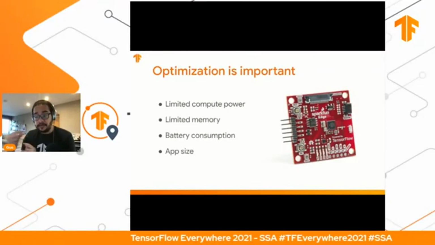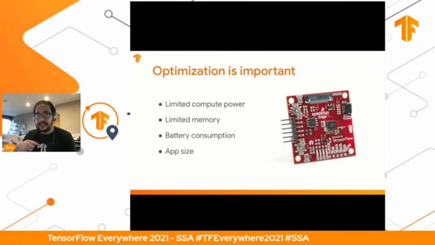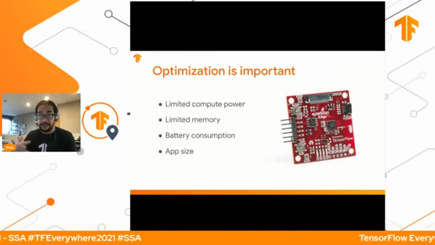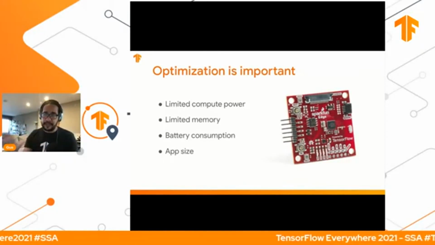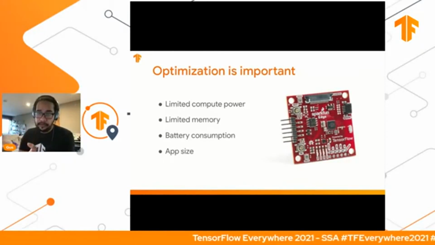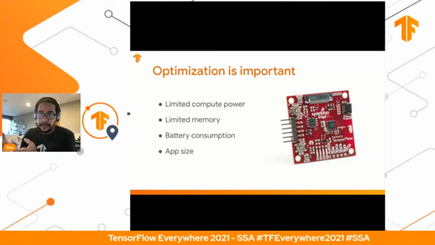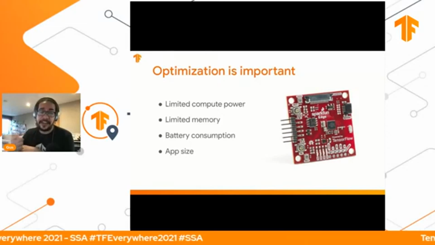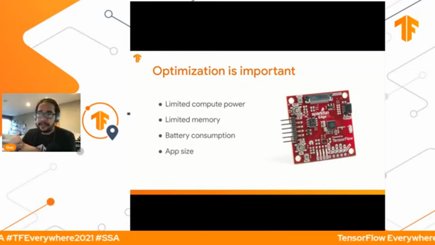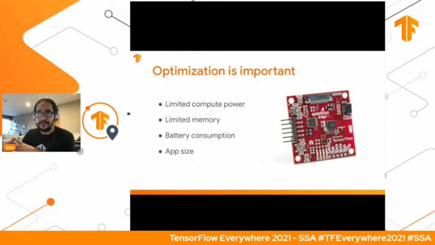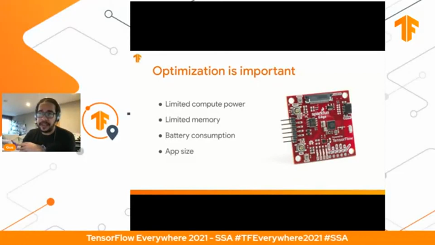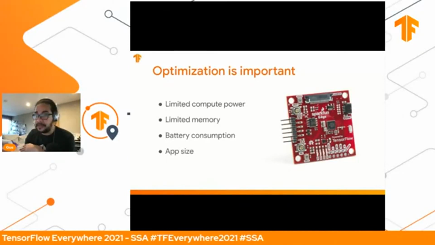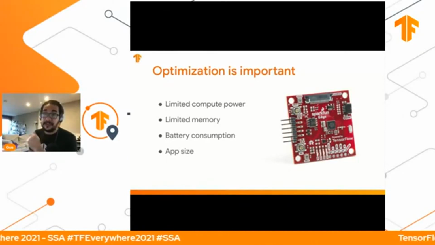And the other constraint that phones and edge devices have is they have a battery that they have to be conservative about. They cannot just keep running this nonstop. The battery runs out of power, and then the user cannot use the phone anymore. So this is a problem. You have to pay attention to that. And there's the app size. If I give you a 1 gigabyte model to run on a phone, and then a 1 gigabyte model to just run your phone, the user might look and say, no, I don't want this app anymore. It's too big. This is too much. So app size is also very important.